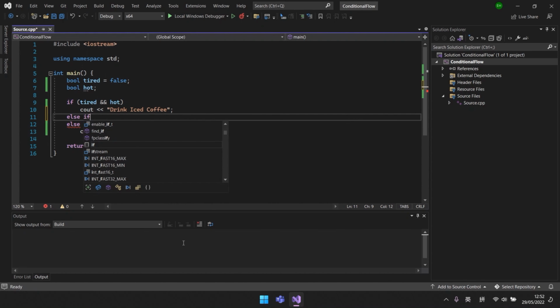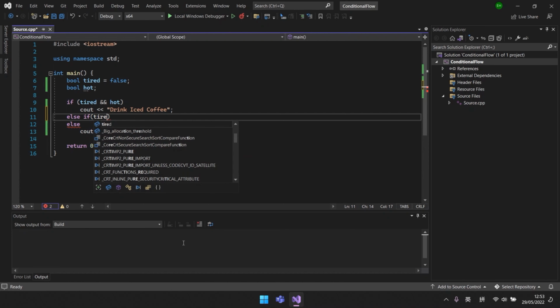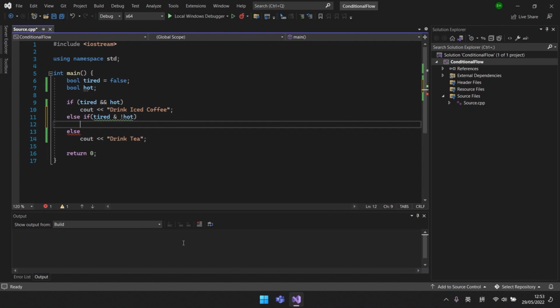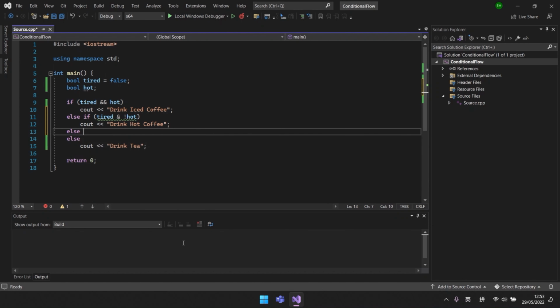Then we add else if tired and not hot for the second situation, and output drink hot coffee. Else if not tired